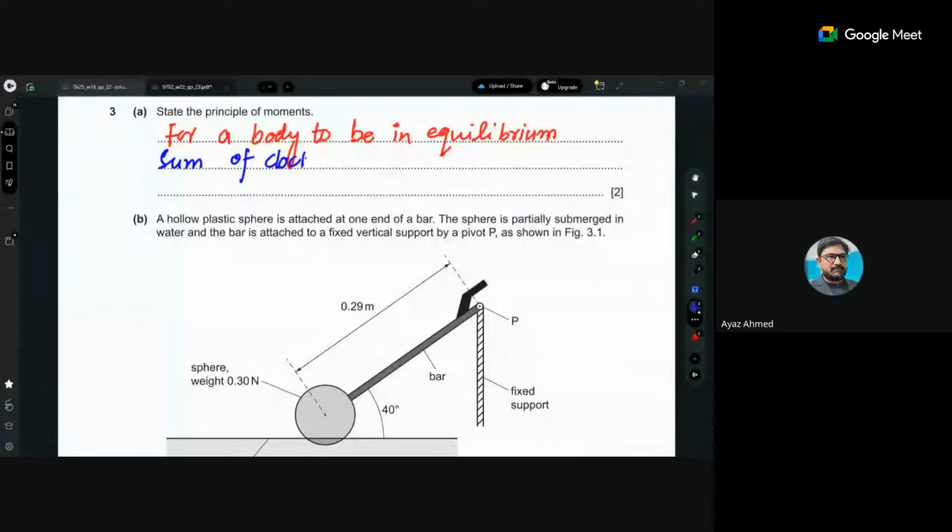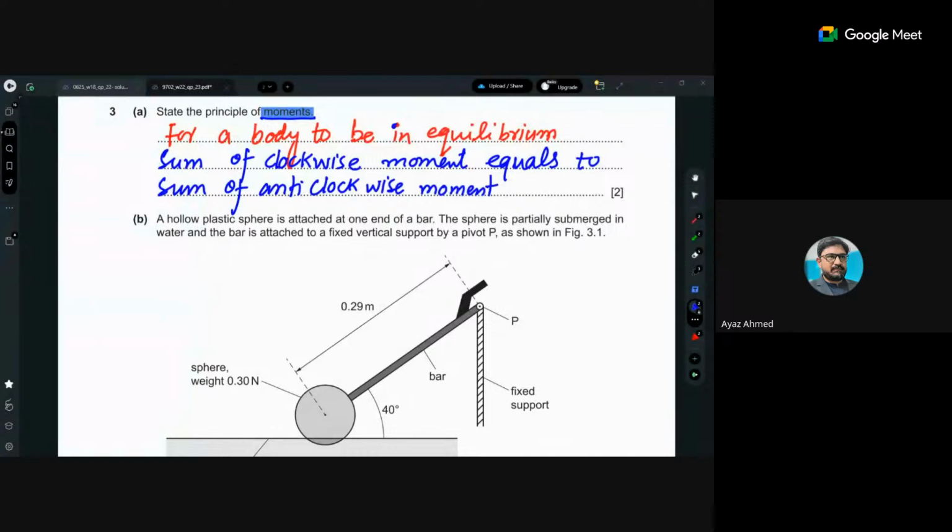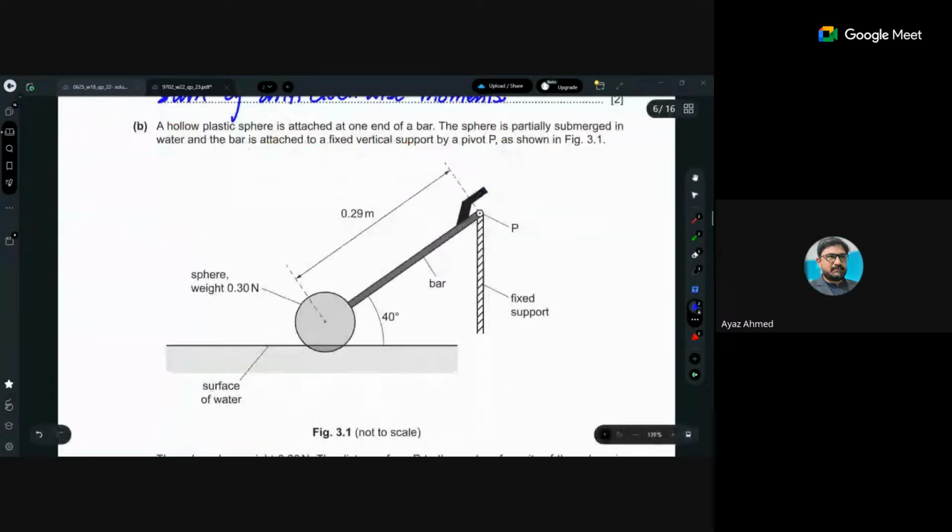हाँ, ये moments है, momentum नहीं है। Closed system is used for momentum. So for a body to be in equilibrium, sum of clockwise moments equals sum of anti-clockwise moments। ठीक है, ओके। ये आपको 2 मार्क्स यहाँ पे मिल जाएंगे।